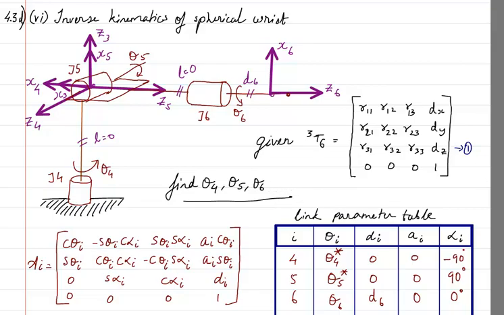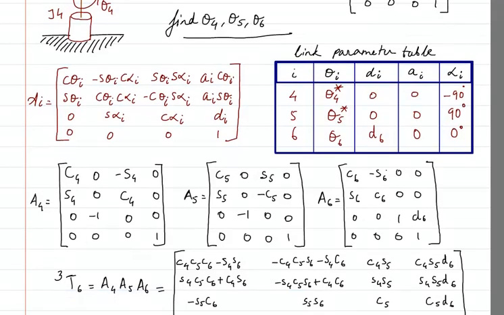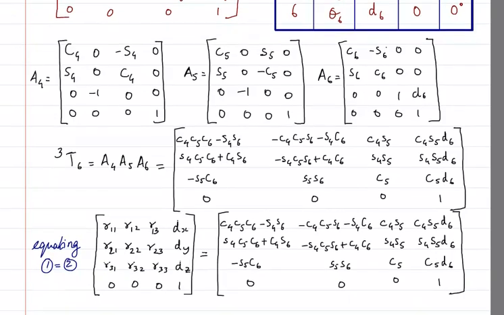As you can see here, I have already written the A_i and the link parameter table. The link parameter table was discussed previously, so I have written it straight away, based on which we get the values of A4, A5 and A6 like this. You can try it on your own by substituting these values in the equation of A_i. We will get A4, A5, A6. Again, we have taken A4, A5, A6 because these are the last three joints of the 6 degree of freedom robot manipulator. When we multiply all of this, we will get